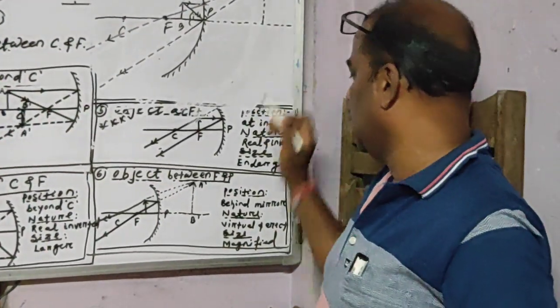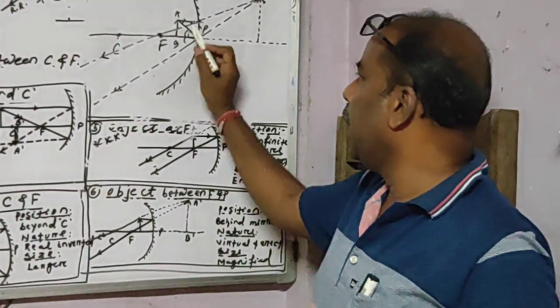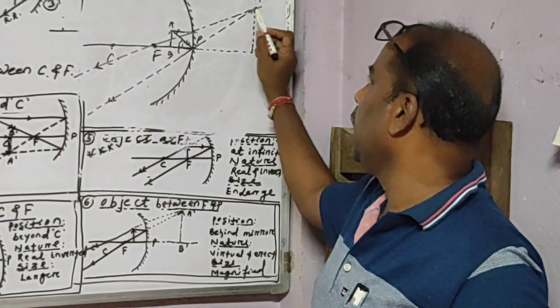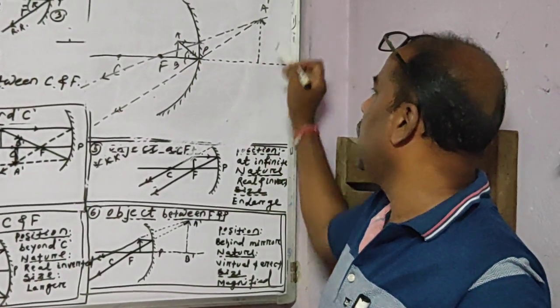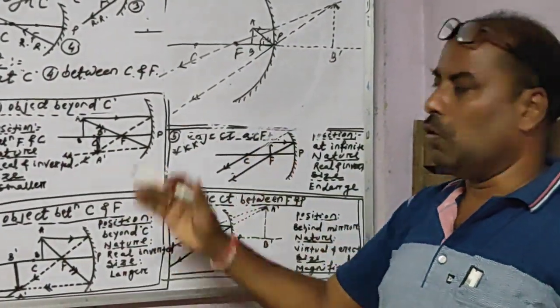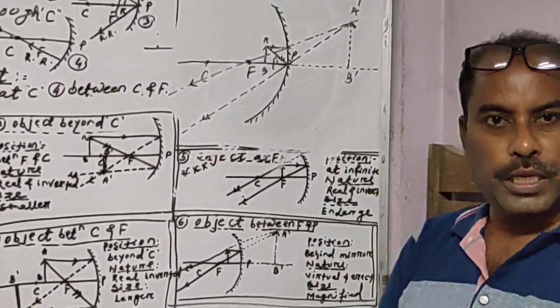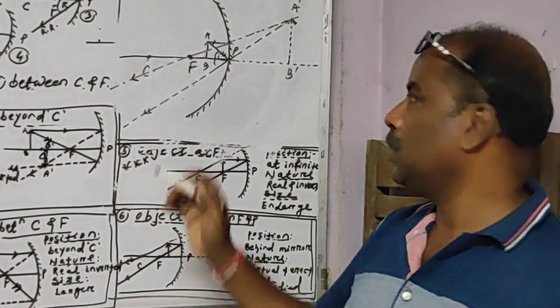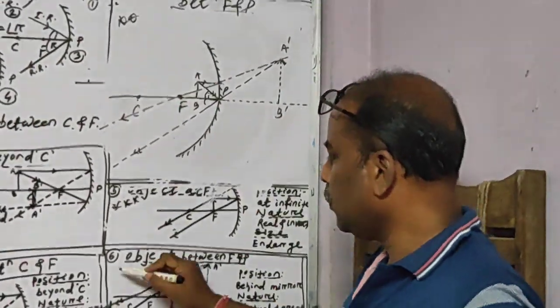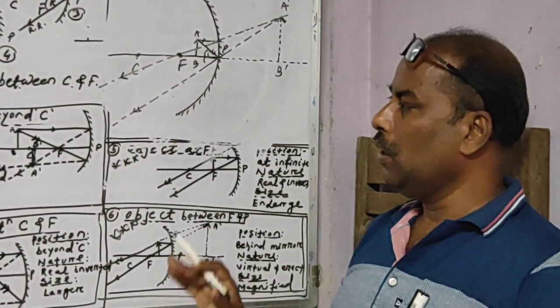So virtual image. And all the virtual images always come in erect position, means head upside. Here also you see A is upside, A dash, here B dash. But in other cases, it was inverted. So all the real images are inverted except the virtual image. Virtual image is erect. So this is also special. Clear now? So these are the ray diagrams.